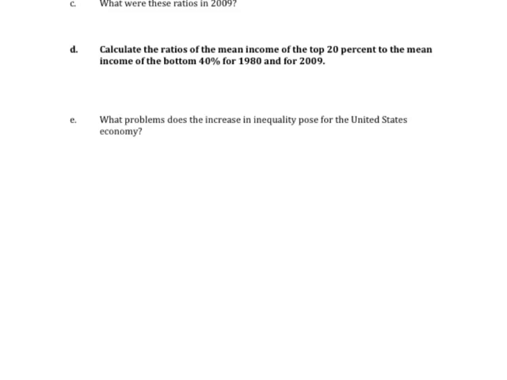Part D is a ratio that's often used to just get a thumbnail sketch of income inequality when you're comparing figures across different countries or across time. It's not as good as the Gini coefficient methodology that you might have run across if you've studied this carefully, but it's not too bad for a thumbnail sketch. And so when you take the ratio of mean income of the top 20% to the mean income of the bottom 40% for 1980 and 2004, all I'm doing to get the mean income of the bottom 40% is just averaging the income for the bottom 20% and the second 20%,